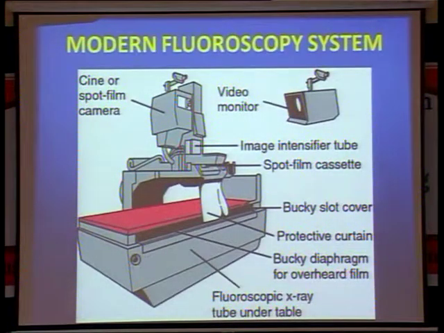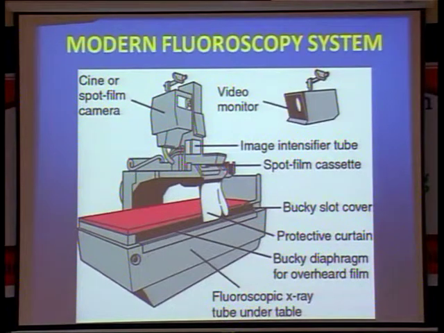Now the modern tube, how it has been there. Now you see that the cine film and video monitor is there. This is the image intensifier, this is the spot print device. Suppose you find something interesting, an unusual image other than the normal, then the spot print device is there. You keep it and then you can register that.